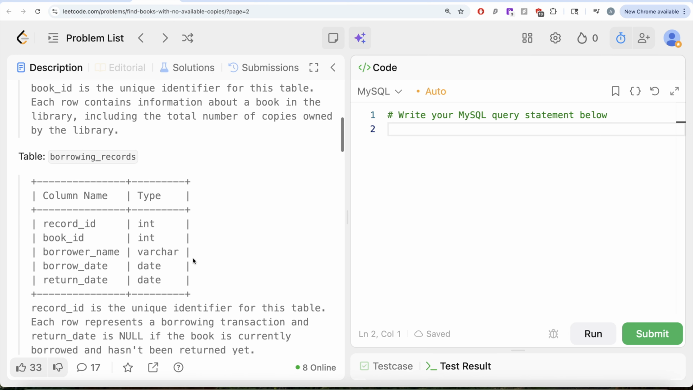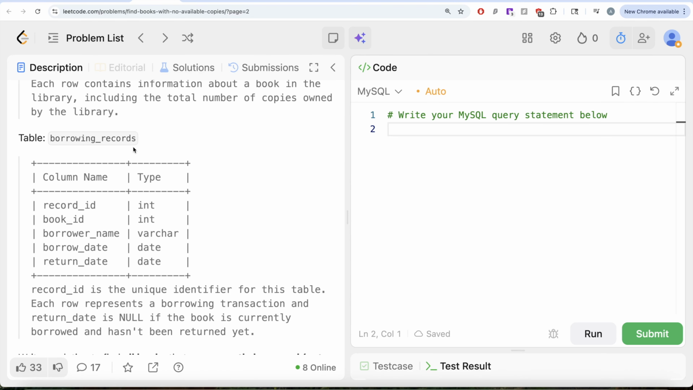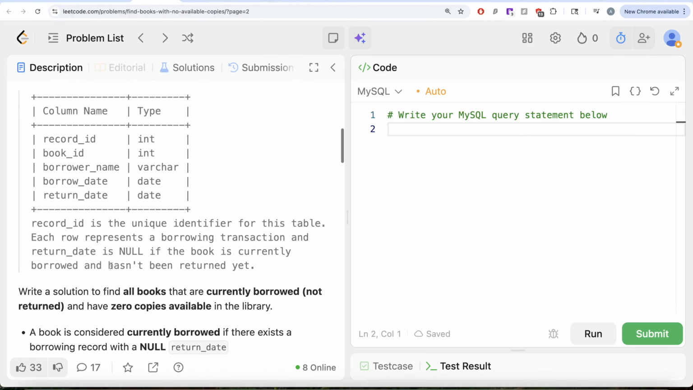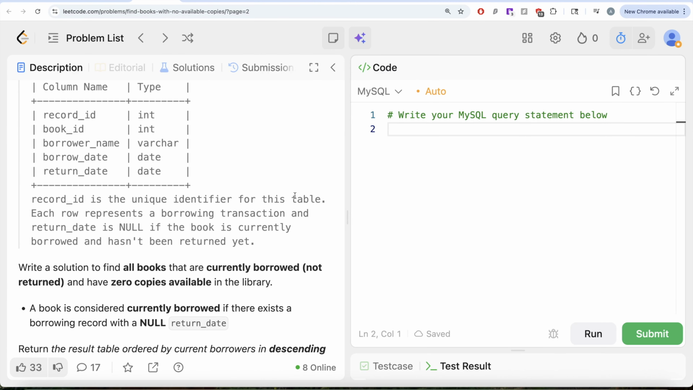We are also given a second table called borrowing records with 5 different columns: record ID, book ID, borrower name, borrow date, and return date. Record ID is the unique identifier for this table. Each row represents a borrowing transaction, and return date is null if the book is currently borrowed and hasn't been